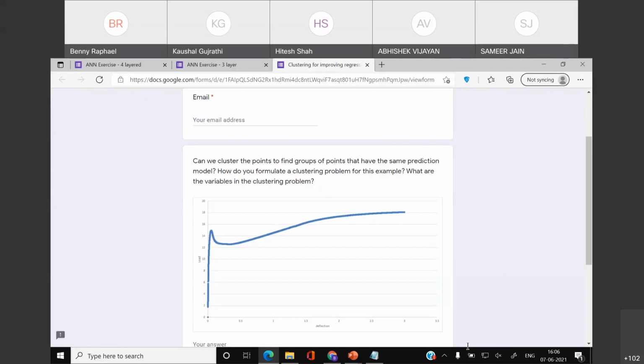Okay. Sir, can the elbow curve also be used to determine the number of clusters? Elbow curve, tell me again. Can the elbow curve be used to determine the number of clusters? Can what be used? I didn't get it. Elbow, sir, elbow curve. He is talking about the elbow method. Elbow, yeah, that is, again, how it changes, right?